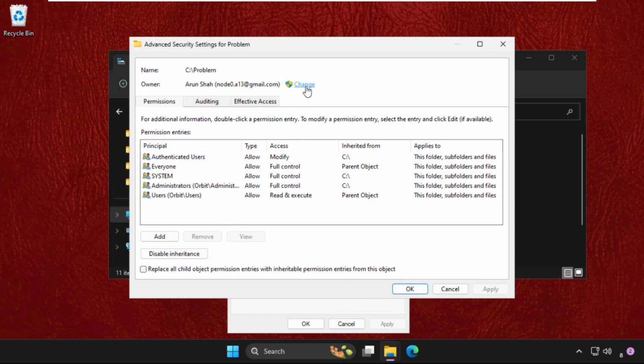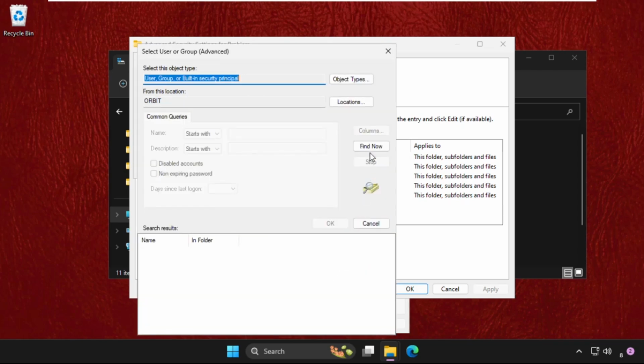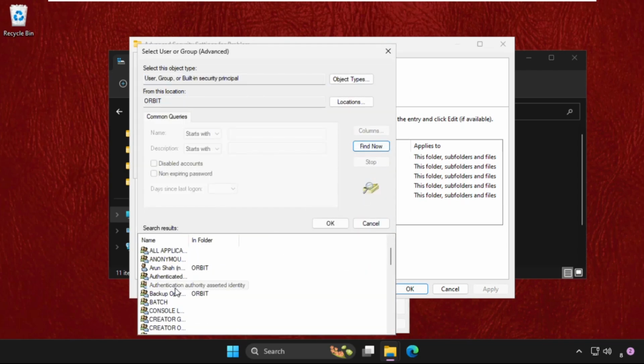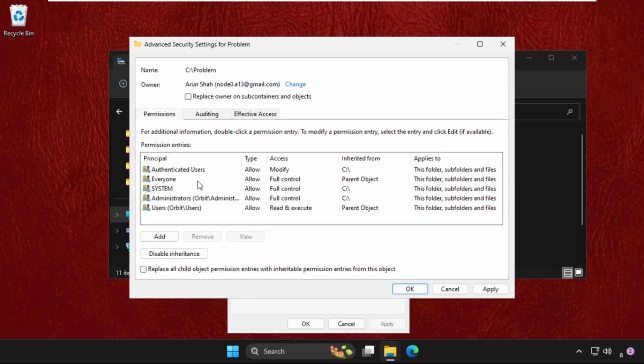Now go to change. Now click on advanced options and click on find now. Now we need to find out our device name. So select this, select your device name and click on OK. You can check it here and then click on OK. Once done, click on the apply